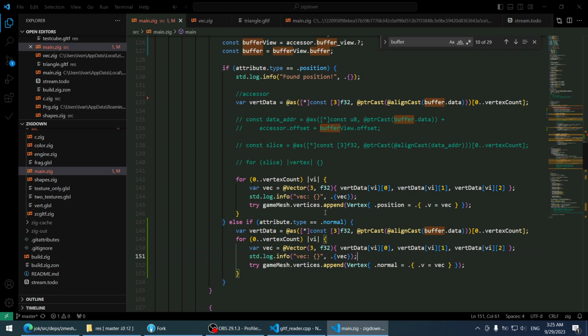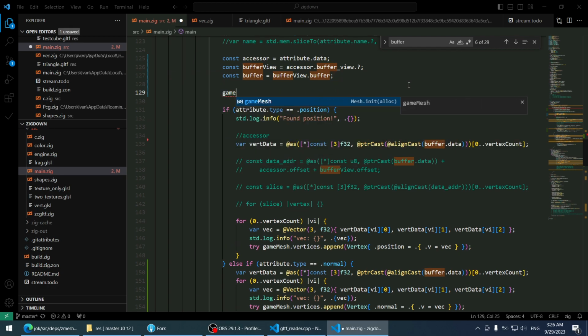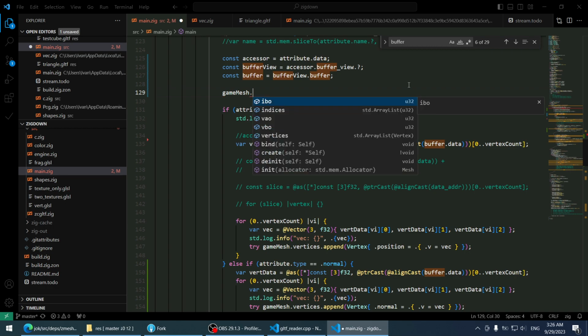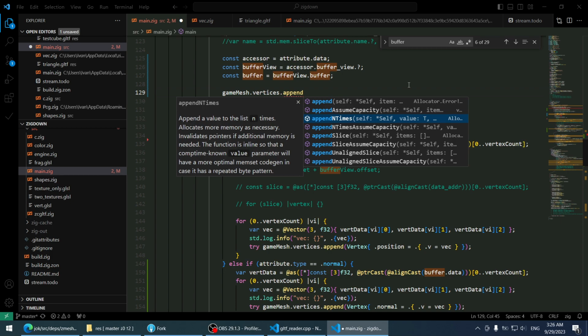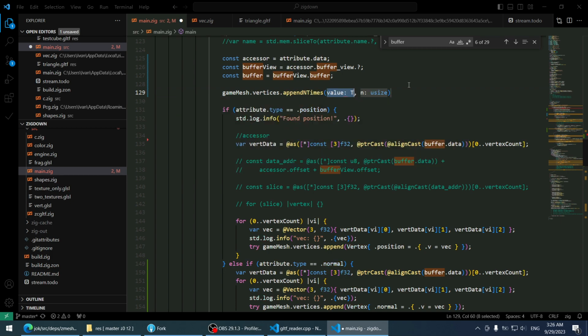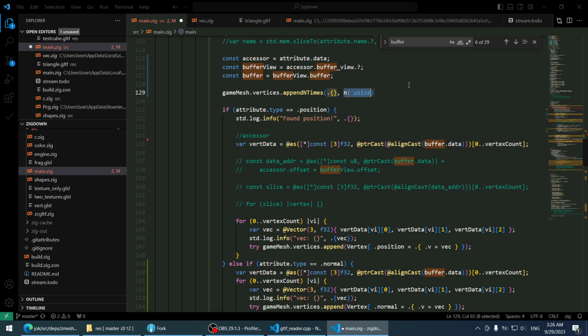So whichever comes first, I need to append. I could append a slice at the beginning with the size of, with empty ones. Can you actually do something like this? Vertices append n times. And the value is gonna be nothing. And the size,